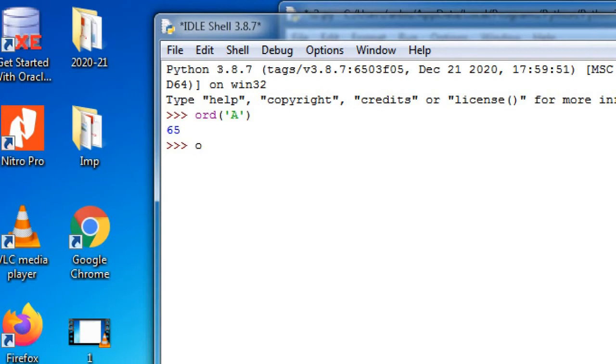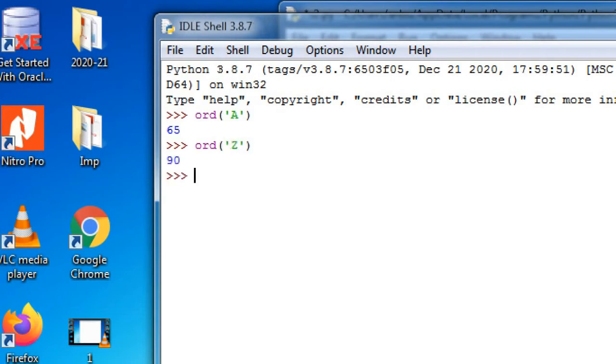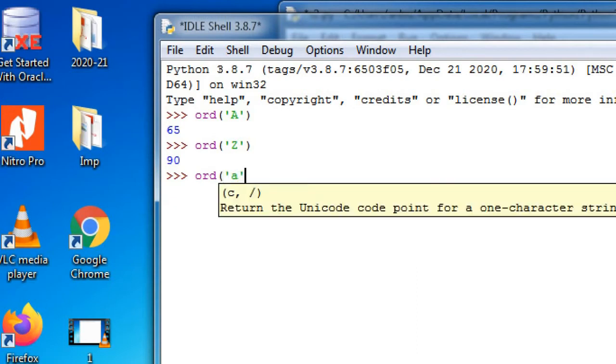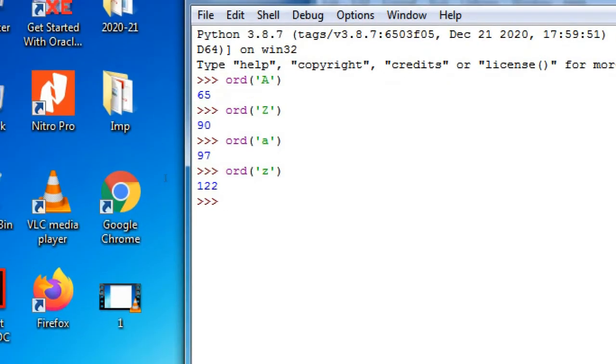So 65 is going to be the ASCII code for the character entered, that is capital A. We can also check it for the other letters. I am entering capital Z here. So for capital Z, it is going to return 90. For small letter a, it will be returning 97. And for small letter z, it is going to return 122.